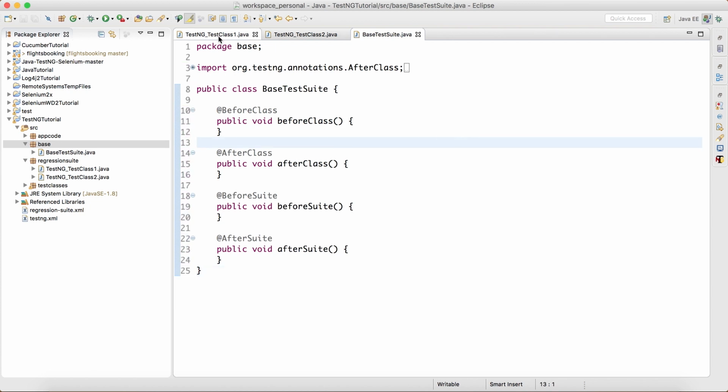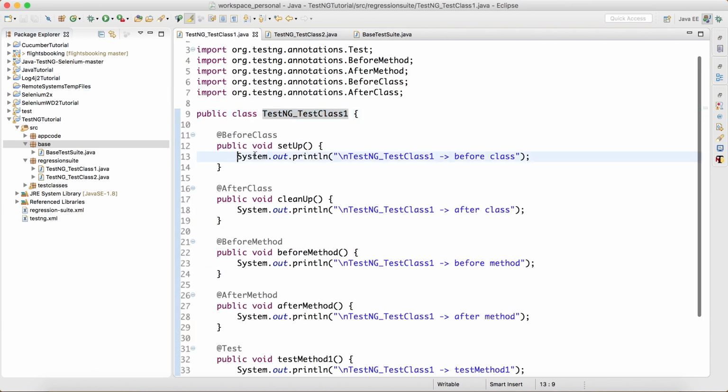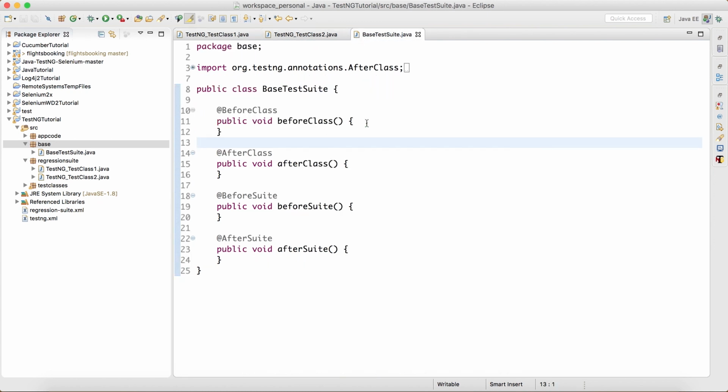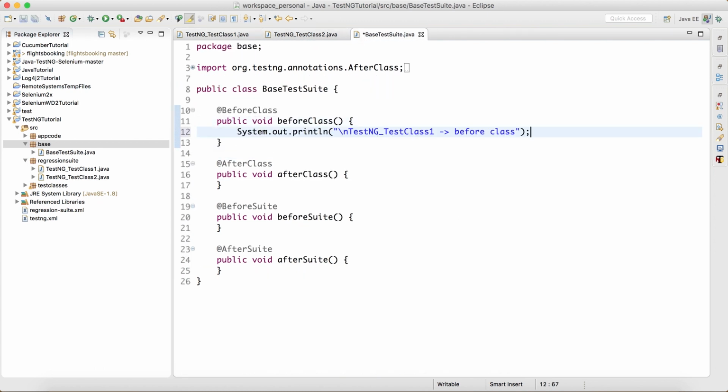And that's about it. Now I'm going to copy some print statements here so we can type them here. It's just easy to understand where our print statements are coming from. Obviously, for your application, you will have the test code, the common stuff here. Right now we are just printing it out because we are more interested in learning the concept than testing any application. So this is from base test suite, it's a before class, and we'll put the similar